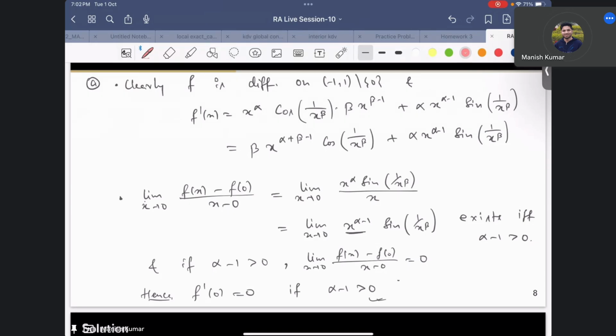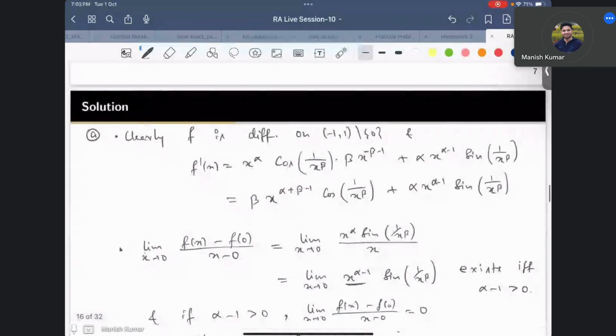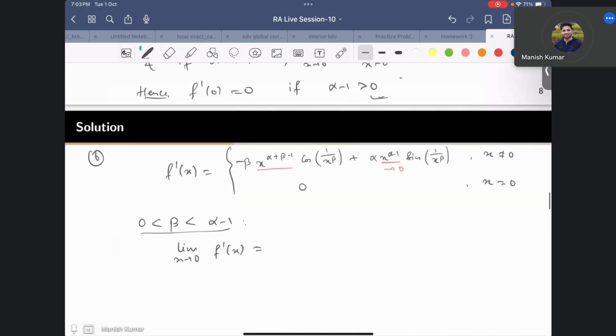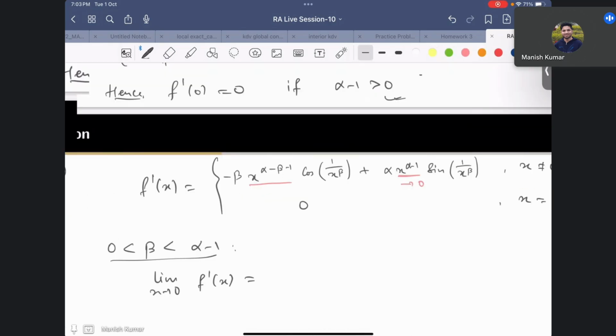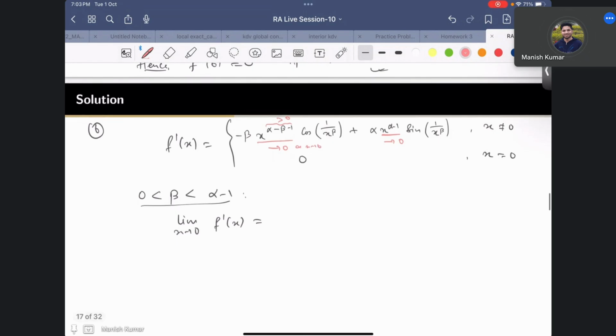Okay, sorry. So here it would be minus beta, right? And here also there will be a minus sign, because, just a second. So here minus, here also there will be minus. Okay, so I'll have this one, minus here, and here also minus. Now this quantity, this is also positive, right? Alpha minus 1 minus beta is greater than 0, so this quantity will also go to 0 as x goes to 0, correct? So the limit of this function will be equal to 0, under this situation,